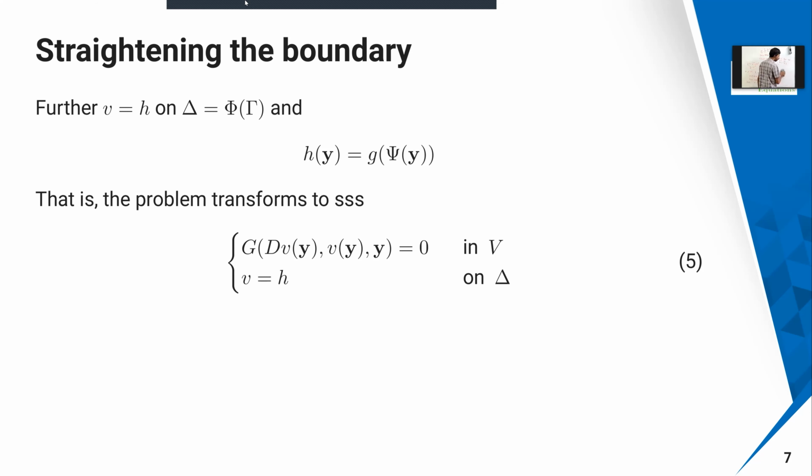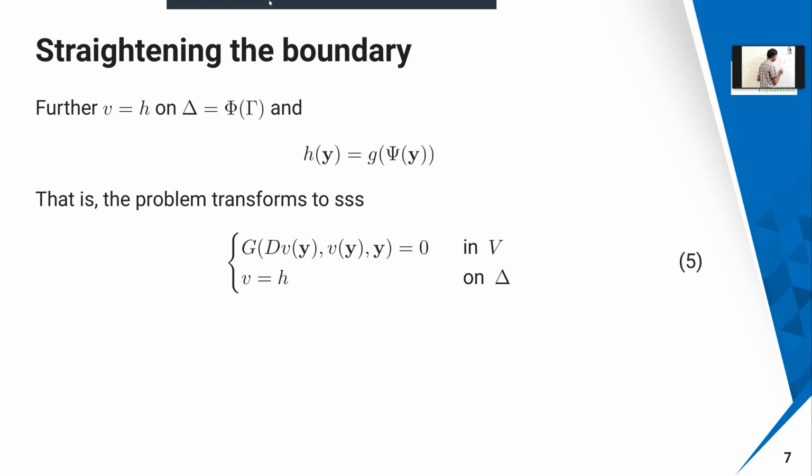This is near the boundary only; all this circus I'm just doing near the boundary. Suppose I have v equal to k, where u equal to g is given in the original problem. Then v equal to k is going to be there on the boundary corresponding to this new domain, because pi of omega is my new domain. V is going to be my new domain. So in that case you are going to get a new symbol called delta, which is going to be pi of gamma. Remember that V is pi of omega. Delta is going to be pi of gamma.